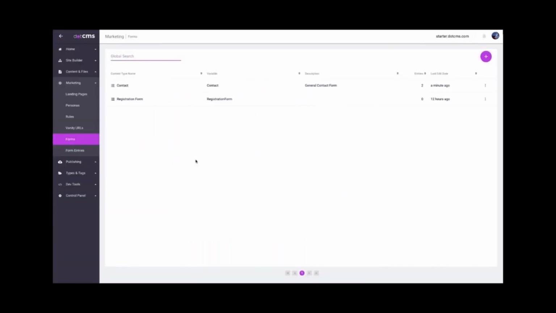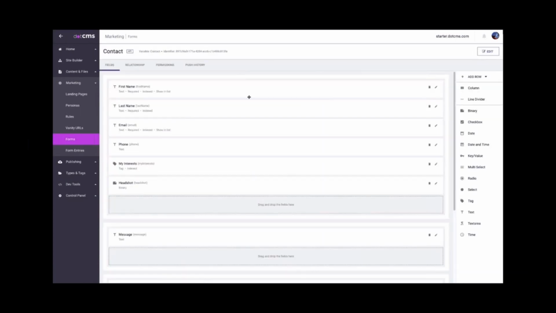Now I want to talk about the revamped form builder. dotCMS has had a form builder built in for years, but the existing form builder was deprecated, and this is the upcoming replacement for that functionality. And what the new form builder allows you to do is to really create these custom forms. In essence, they're content types, but they're content collection buckets that you can actually customize and push through workflows based